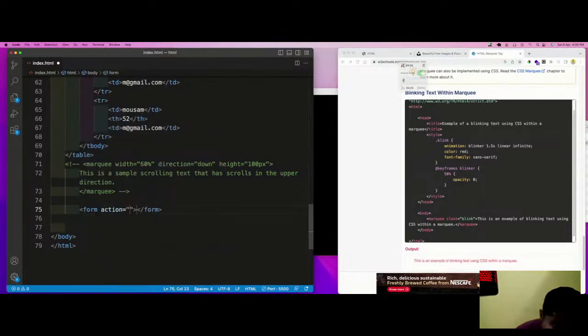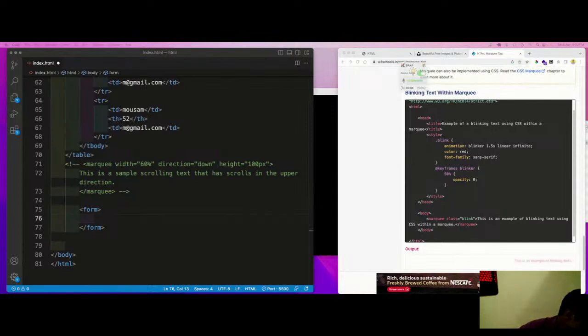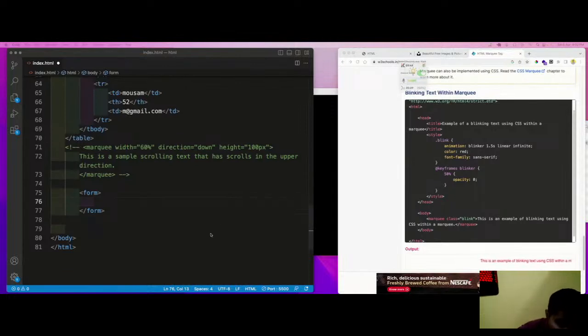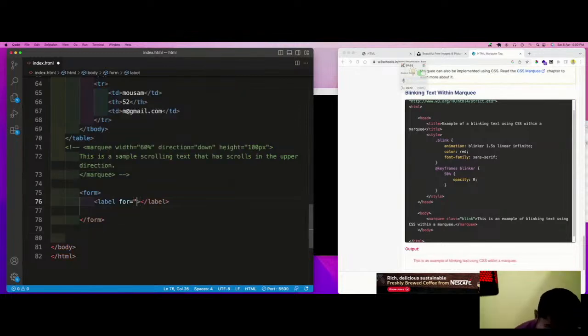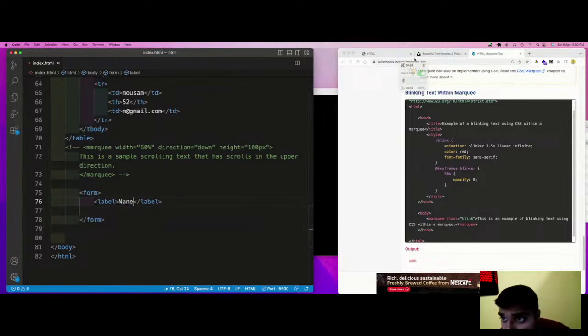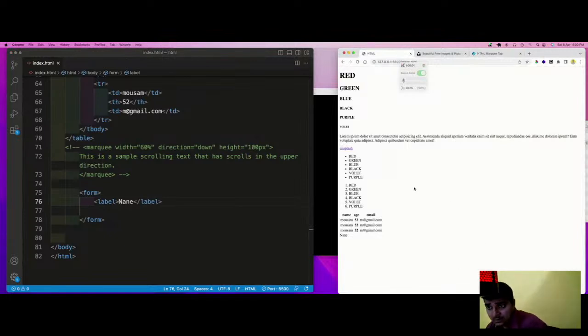For a form tag, we need to have a form. And after that, what we do, we will write a label and an input.